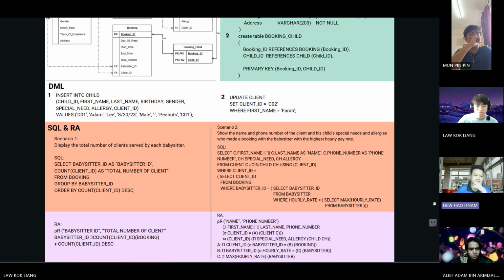We will first select the columns that we want, which are babysitter ID, and we'll name it as babysitter ID. Count client ID, which counts how many client IDs there are, and we name it as total number of clients. Then we will group it by babysitter ID, from booking, meaning we get the data from the booking table, and order by count client ID, meaning we order by the number of client IDs